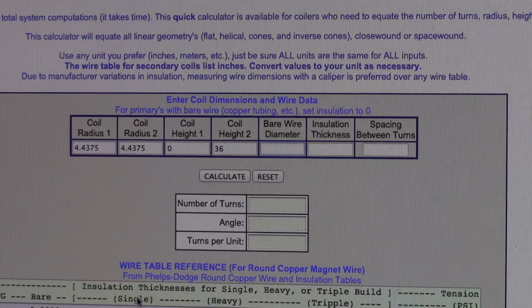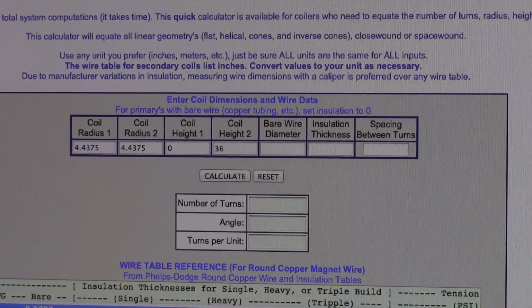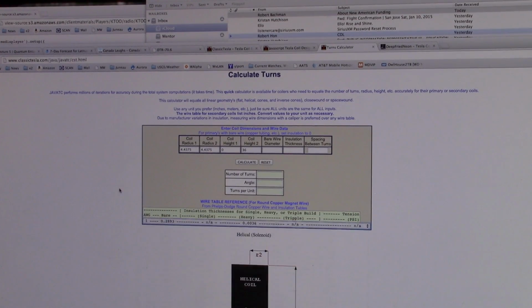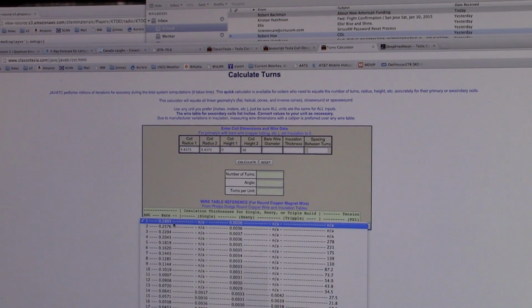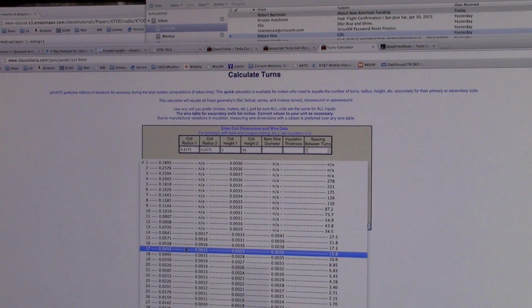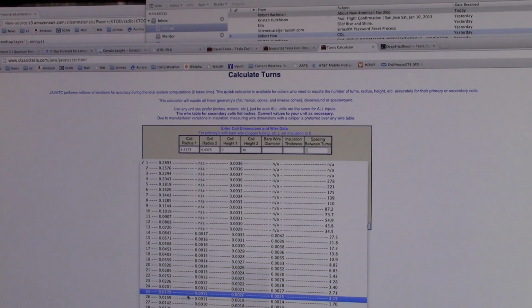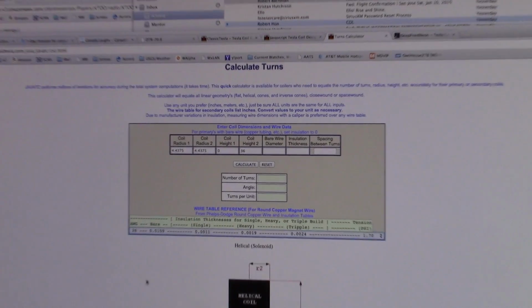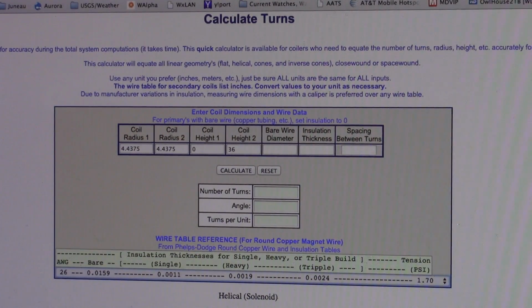Now, bare wire diameter. If I come down here, let's go out a little bit. If I click this guy over here, I get a nice pull down that will give me, for the wire gauge, what the different sizes are. So I know I'm using 26 gauge wire. So let me zoom in again. I'm using 26 gauge wire, and that tells me the bare wire diameter on 26 gauge wire is about 16 thousandths. So I'll enter that in here,